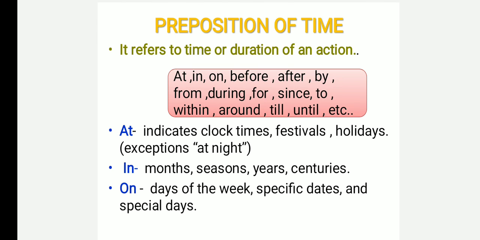You have to keep in mind that in preposition of place, we use at to represent a smaller place. It may be a village, town, or anything else. And we use in to represent a larger place, like cities, countries, states, etc. And on, in preposition of place, we use to represent a thing which is not in movement. Where is the pen? My pen is on the table. Where are you now? I'm sitting on the chair. Where is the cat? The cat is standing on the box. So on represents the surface of a thing.